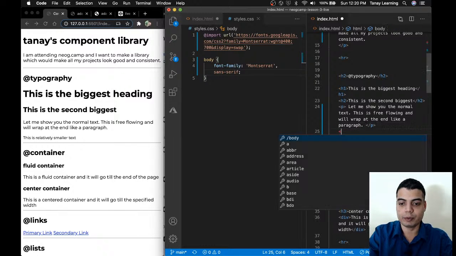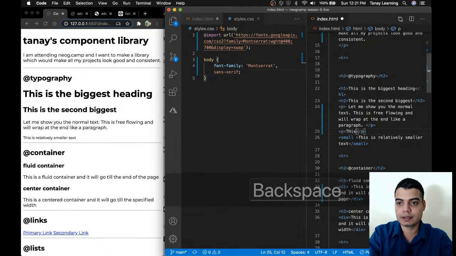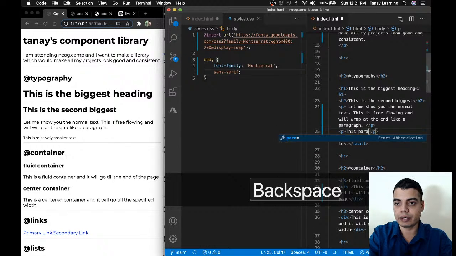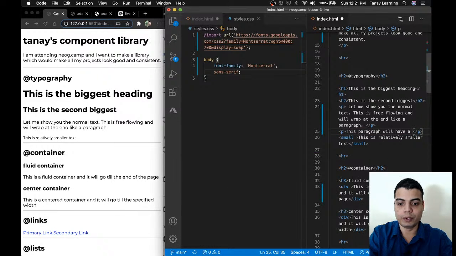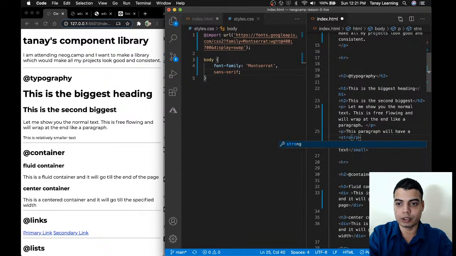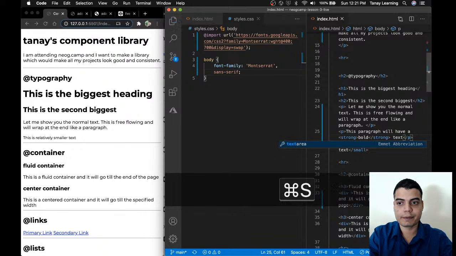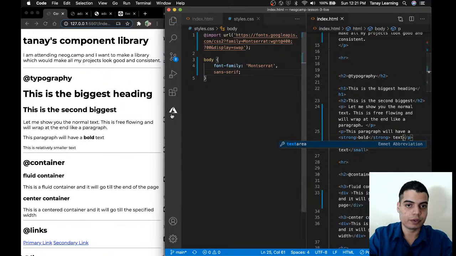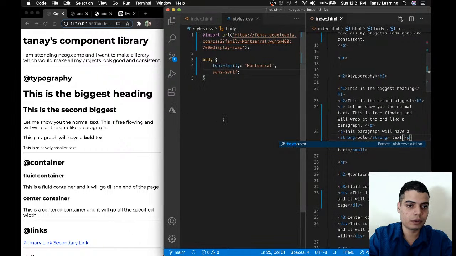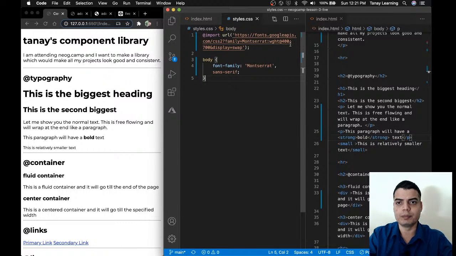or add one more P. This paragraph will have a bold text. So to bold, you do strong. Strong is the tag for it. Bold text. So you see this bold text. So we have two fonts, two weights, 400 and 700, and that takes care of most of our